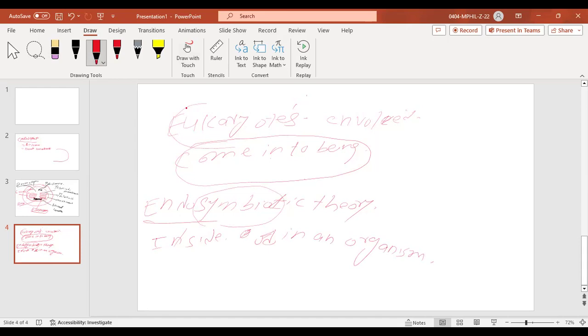Two organisms are living together with some relationship. It may be a mutualistic relationship, which means one organism is getting benefit from the other one, and the other one is also getting benefit from the former. Like if one is getting food from the other, the other may also